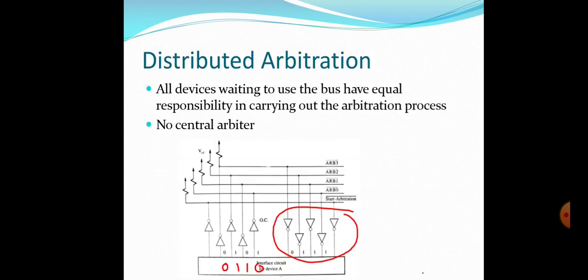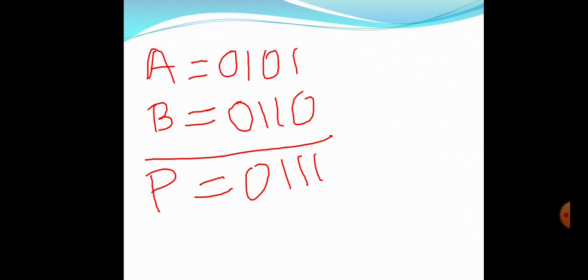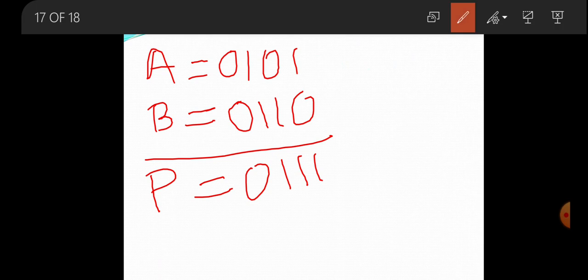Okay. Now, the next step is that each of the devices compares its ID number with this pattern. That means its bit positions are compared with the bit positions of this pattern.